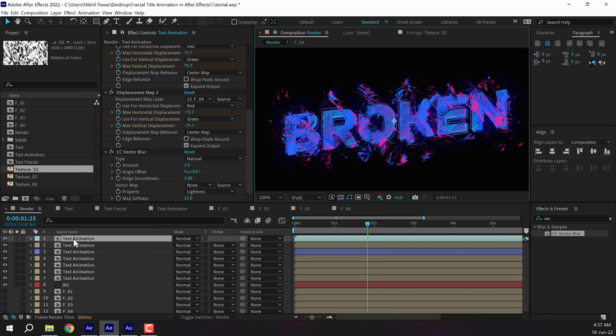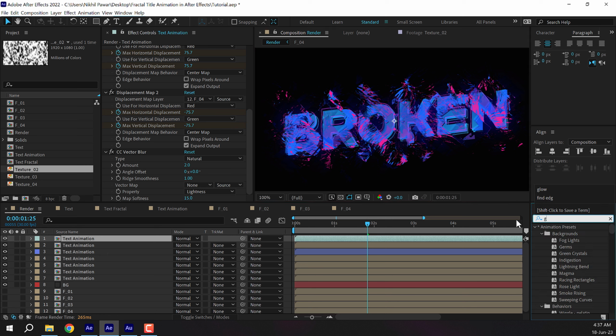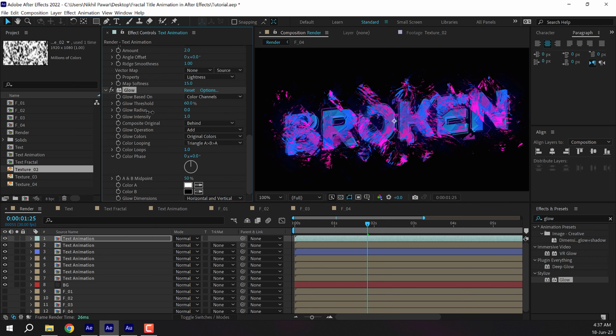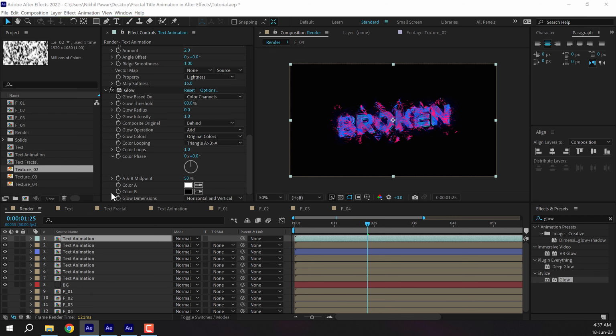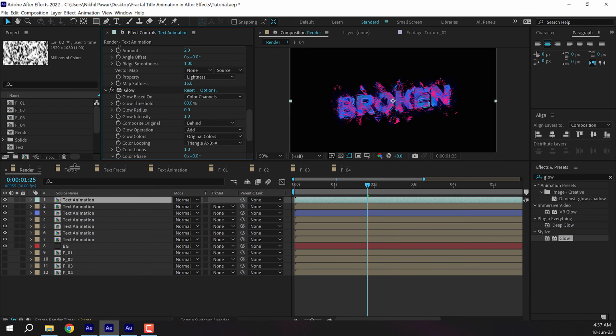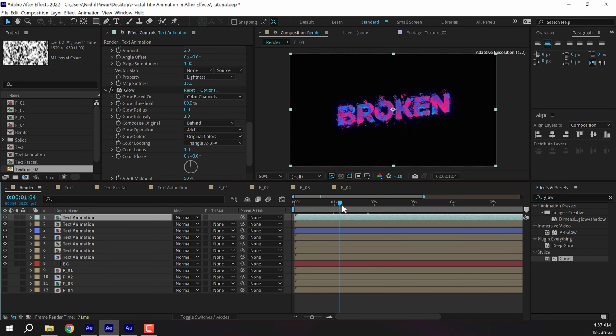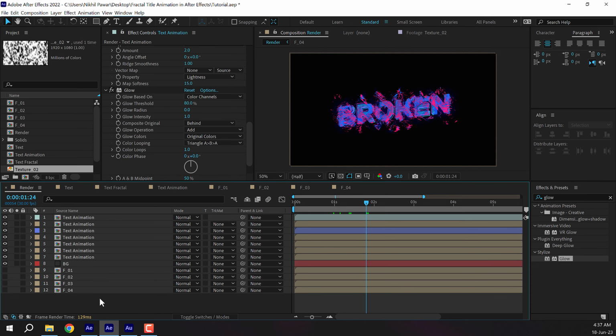And then finally, let's add some glow on this. Let's set the radius to 0 actually, and play around a little bit with the threshold here. Let's set this to 80. Okay, and basically our animation is ready, but now let's also add a nice camera movement, like a shaky camera